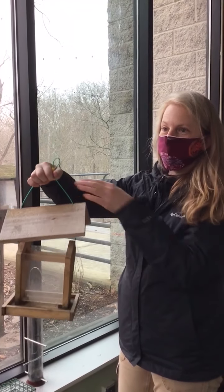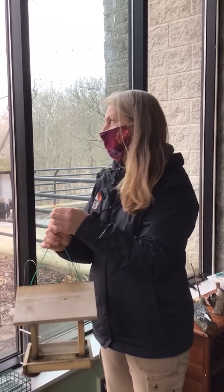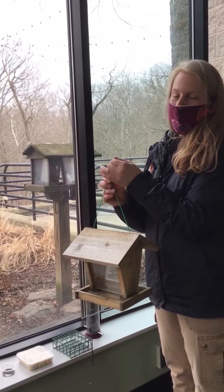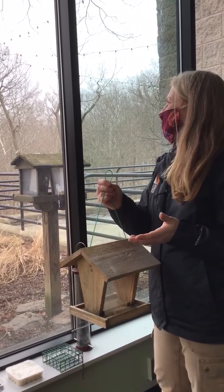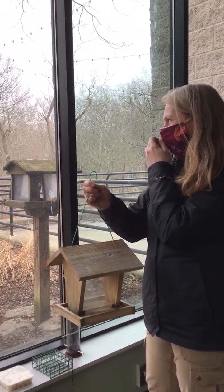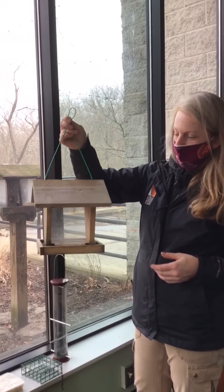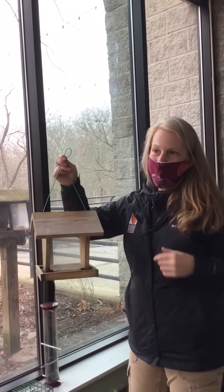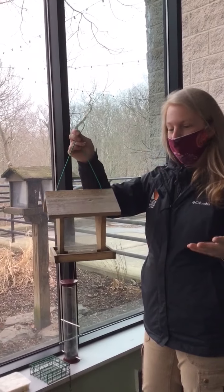You can certainly fill your feeders, but know that you're only going to get as many visitors to your feeder each day as there are birds attracted. So as long as you're okay feeding nocturnal non-bird animals out there, you might be encouraging things like raccoons and skunks if the weather's right, or other animals to your feeders beyond the birds that you want to see during the daytime. So a better thought, and certainly one that works for us with all of the feeders that we have outside in our backyard, is to only feed them a part of the way